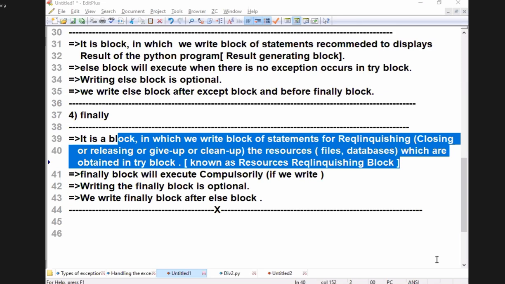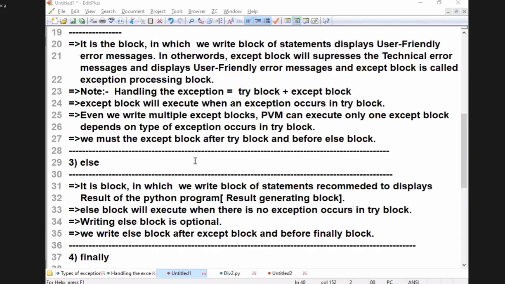Monitoring blocks. Monitoring. What do you monitor? You are not using the proper word. You have to say whatever I said. So you need to read. See what I said.